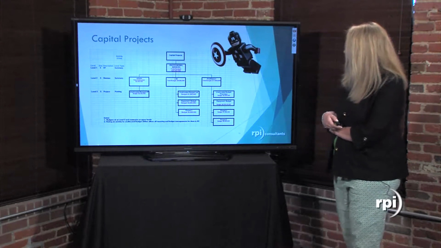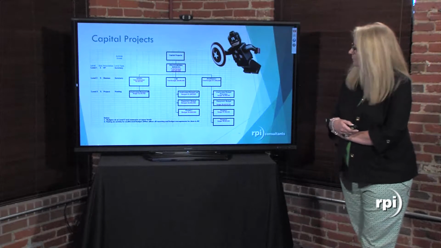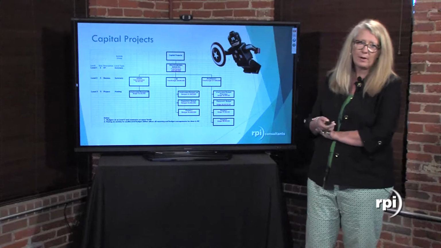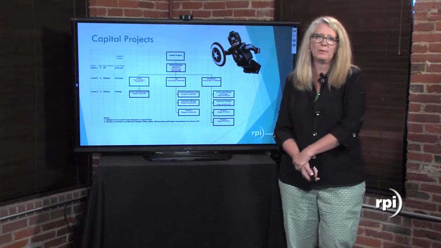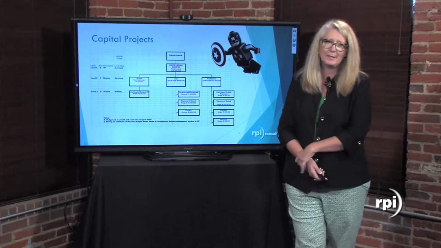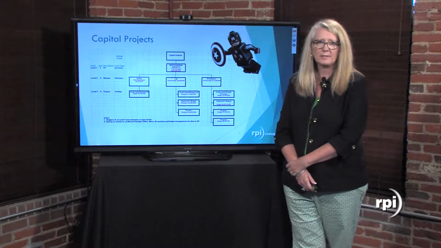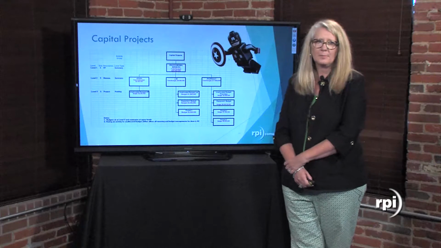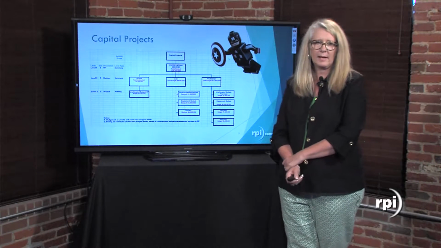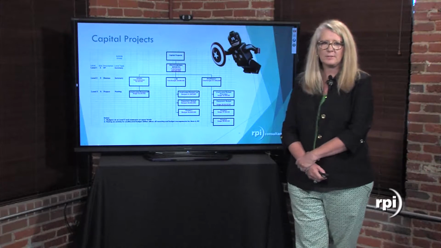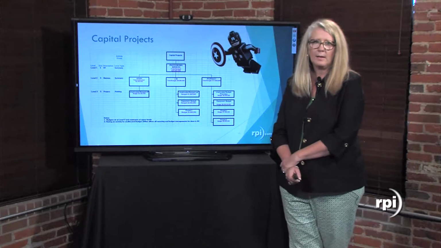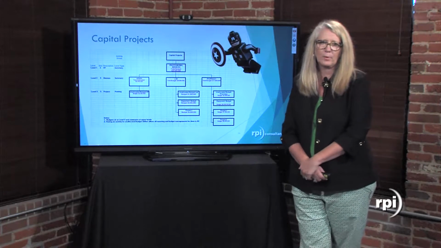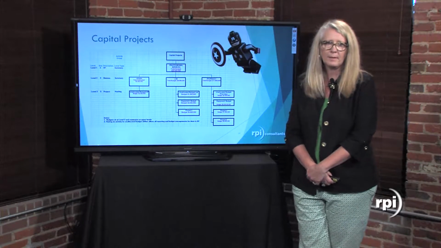This is a capital project. This is an example of a capital project structure where we've created our activity group of capital projects. We have professional services as our level 1. We have some summary level 2s, which are admin, lab, and pharmacy, and then we have our specific projects at level 3. And you can see that budgets reside at level 3, and they roll up to those upper levels.